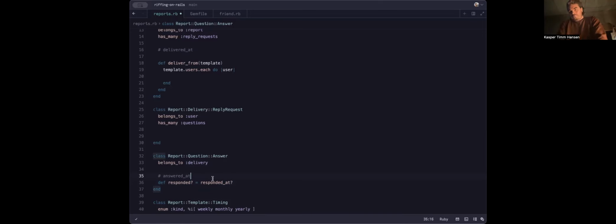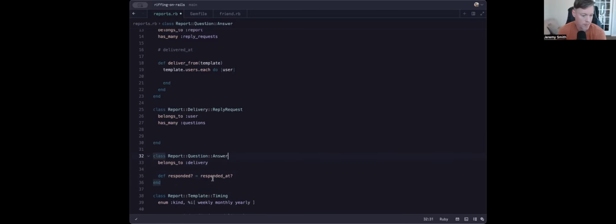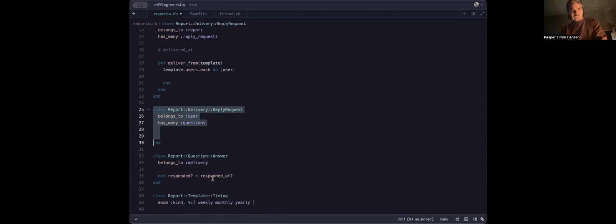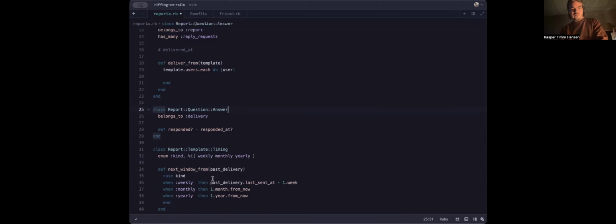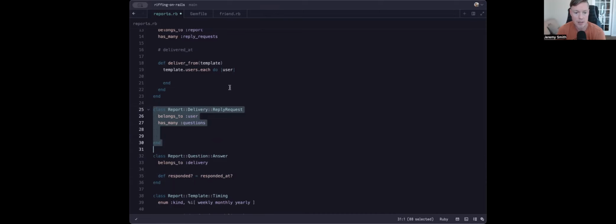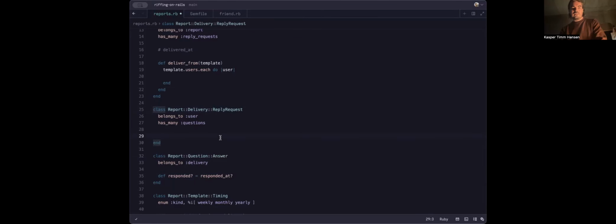Could be something like that. Pre-filled answer, template answer. Oh wait, was this the same thing, the reply request? I think that might actually be the same thing. I thought the reply request was this user's set of questions for this timing for this template. Am I thinking about that right? Oh yeah, because that's the general one, and then it has all the different